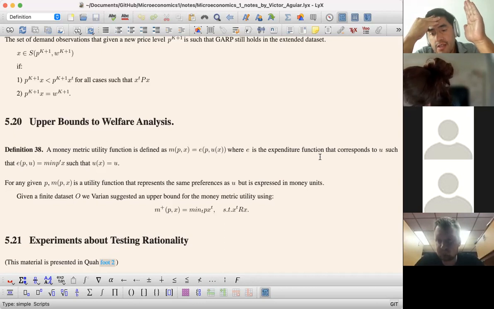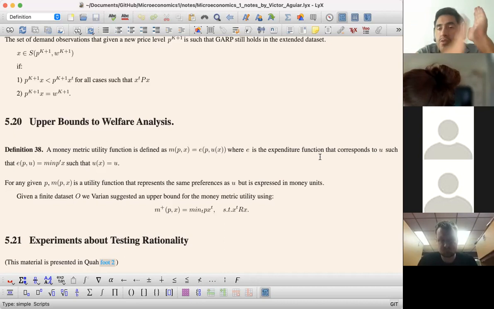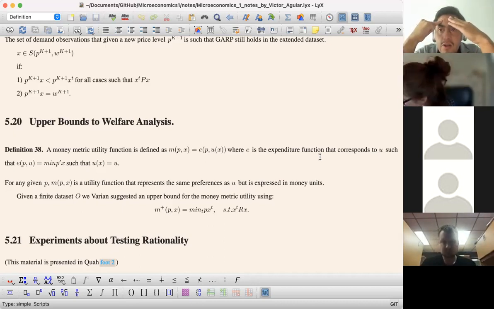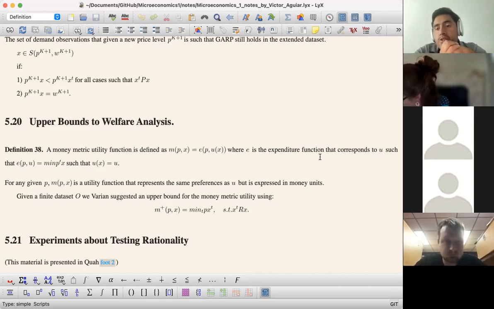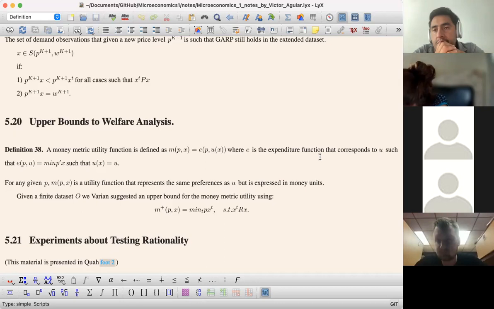Once you fix a price, which is very important, you get dollars with respect to that particular price. So when you evaluate any utility, it gives you back dollars. So this is called a money metric utility function. This is good because it can be used to do welfare analysis that has some meaningful